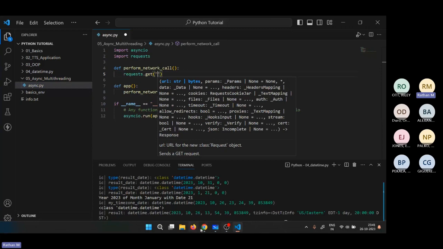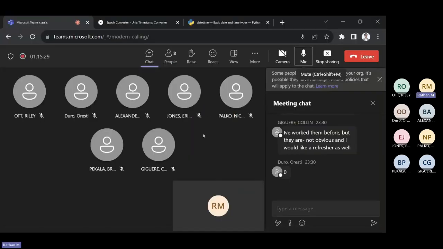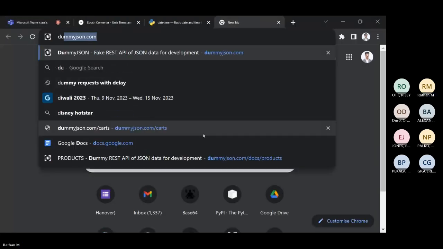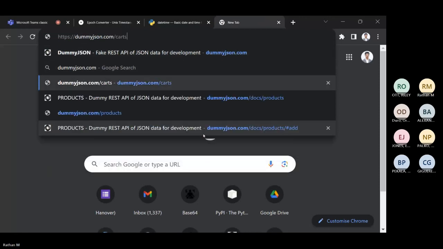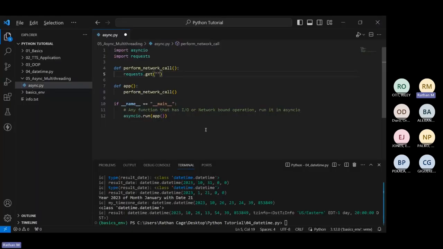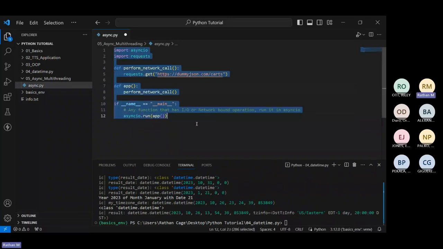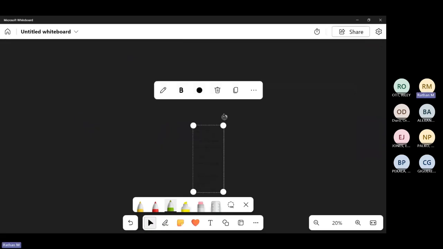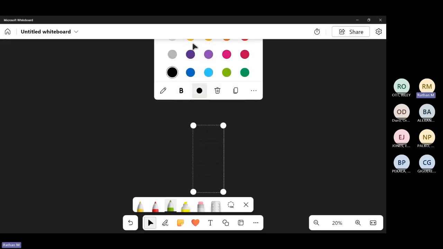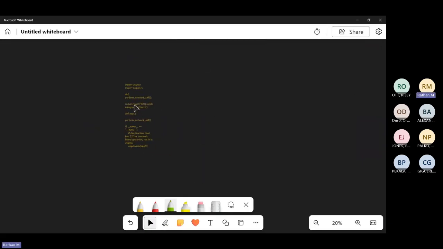We'll just use, in our case, the dummy JSON URL that we have. So we have dummy JSON slash cards, and that's pretty much it. This is the basic idea of a function.